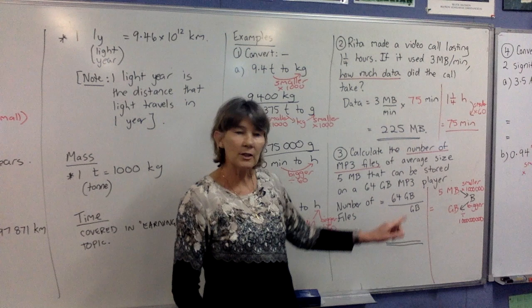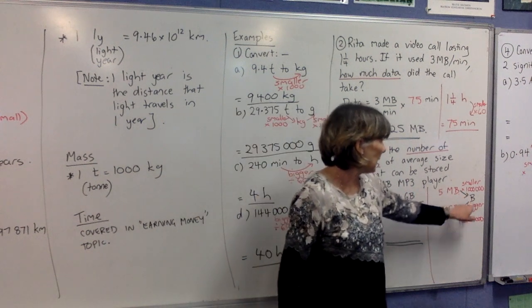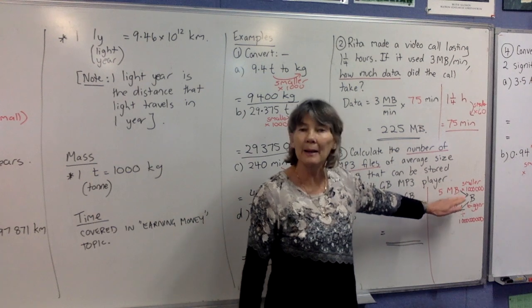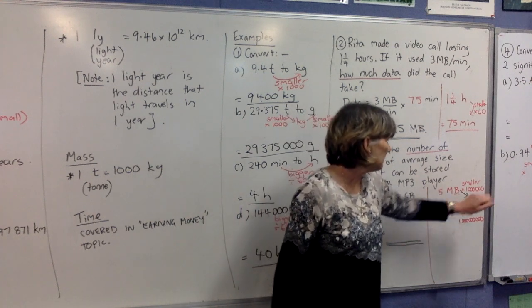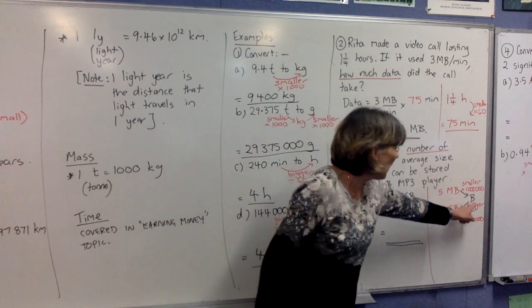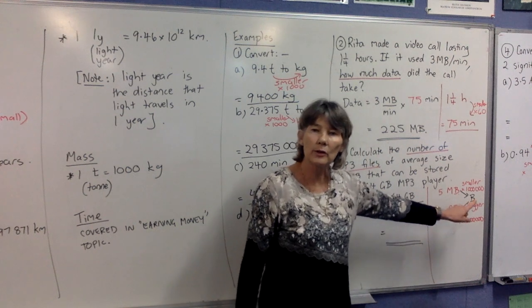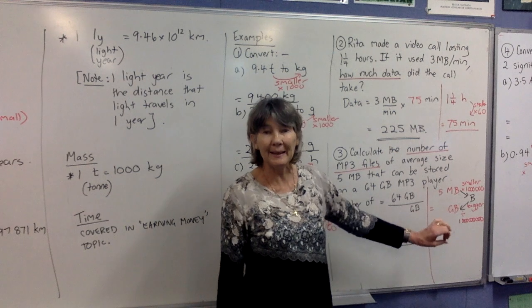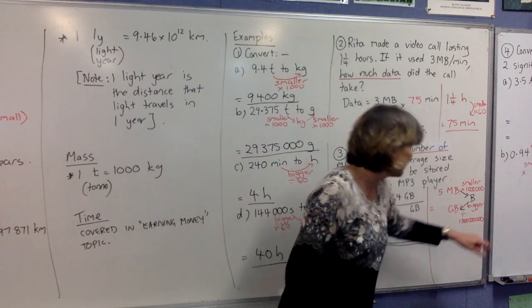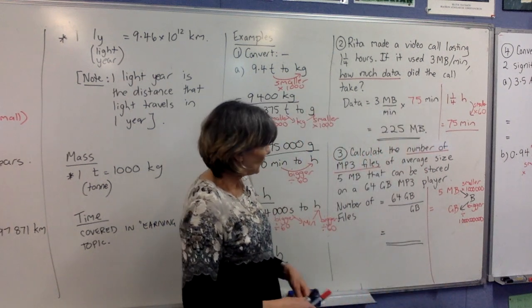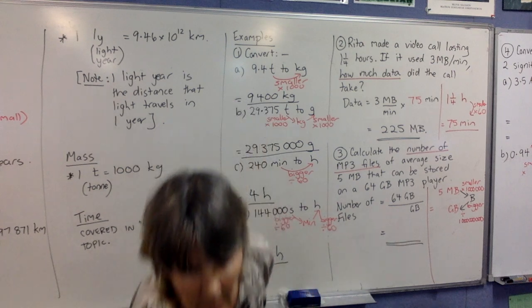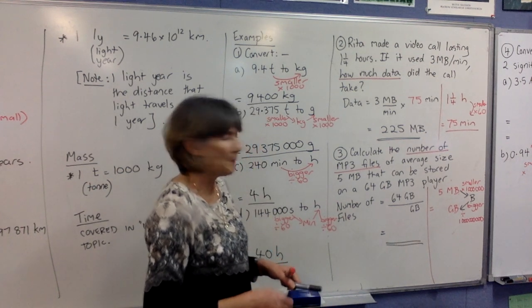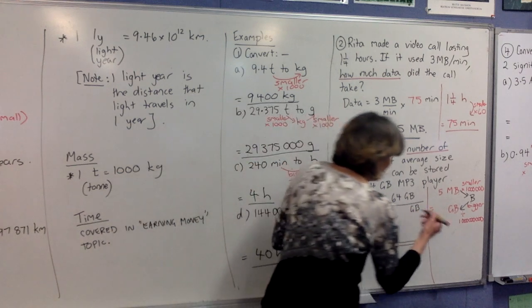So we need to convert from megabytes to gigabytes. You go through the base unit first, megabytes to bytes. We're going smaller, so we're timesing, and mega means a million. So we're timesing by a million. Now if we go from bytes to gigabytes, we're going to a bigger unit, so we're dividing, and giga is a billion, so we've got 1 and 9 zeros there. So if we do that conversion, so you just type in 5 times a million divided by a billion, you will end up with,